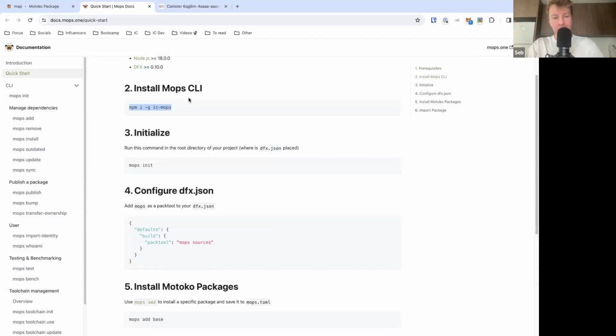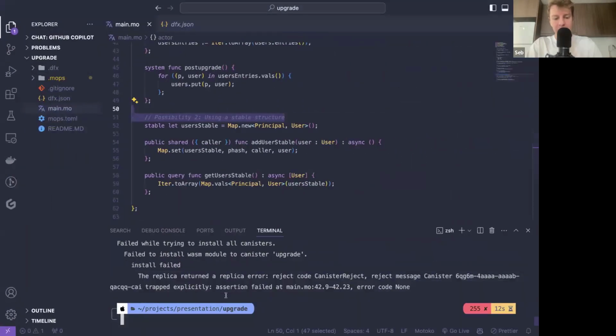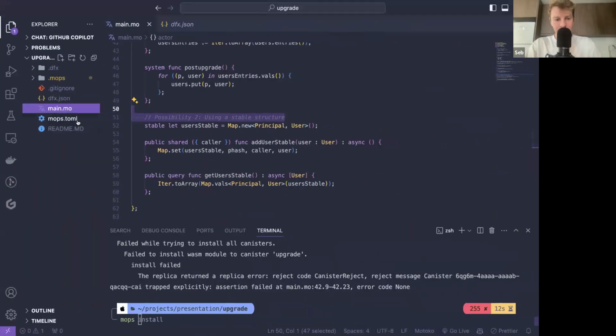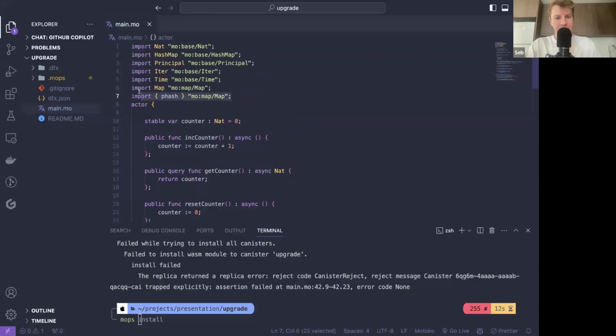You can install the mops CLI globally by running this command. By default, it's something that you should already have on your coding environments on the Gitpod workspace. And also I already have installed it on my machine, so I'm not going to run that again. What I'm going to run is, let's remove that,